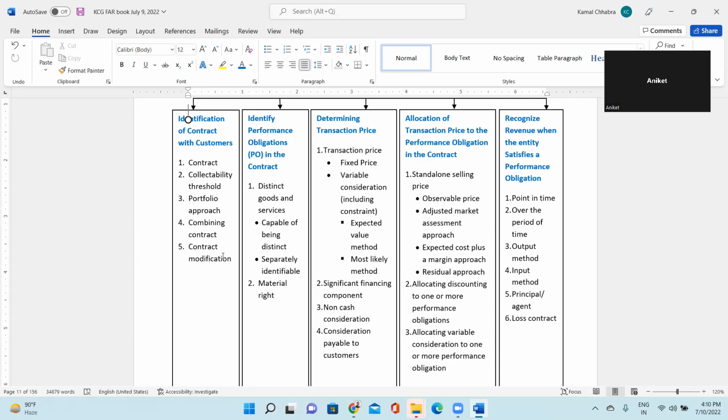So now you have received $50,000. How do you allocate this $50,000 to the car? How do you allocate the amount to the warranty? To the road tax? To the accessories or insurance which you have received? So here you need to identify the standalone selling price of the respective item. That means if you are not buying the car from me and I'm giving you a 1-year warranty, how much would I be charging for that warranty, right? If you are not buying the car from me, I'm selling those accessories to the market, how much I'll be charging